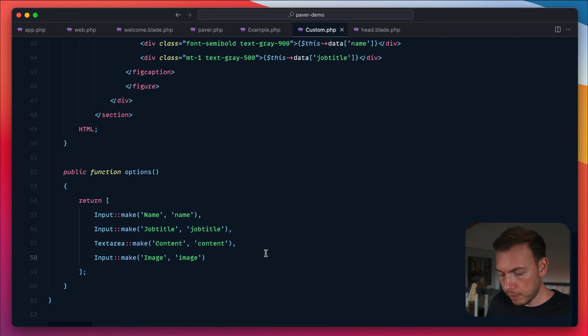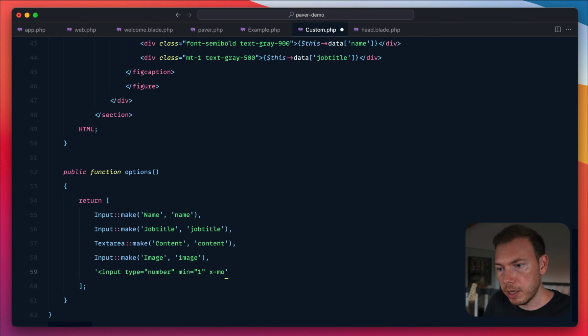Just to give you a glimpse of how you can create your own options, we'll head on over back to the editor. And as you can see, we have an options array. But ultimately, what you need to do to add custom options is just you return a string of HTML and you do the data binding through something called xModel, which comes from Alpine. So if you just add a string here, and you say, for example, input type number, just as an example,